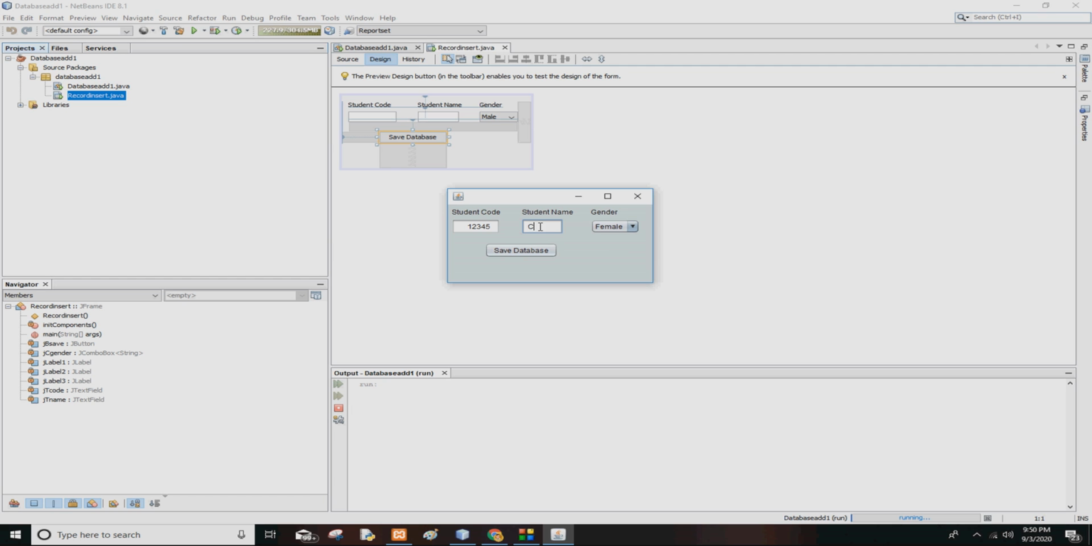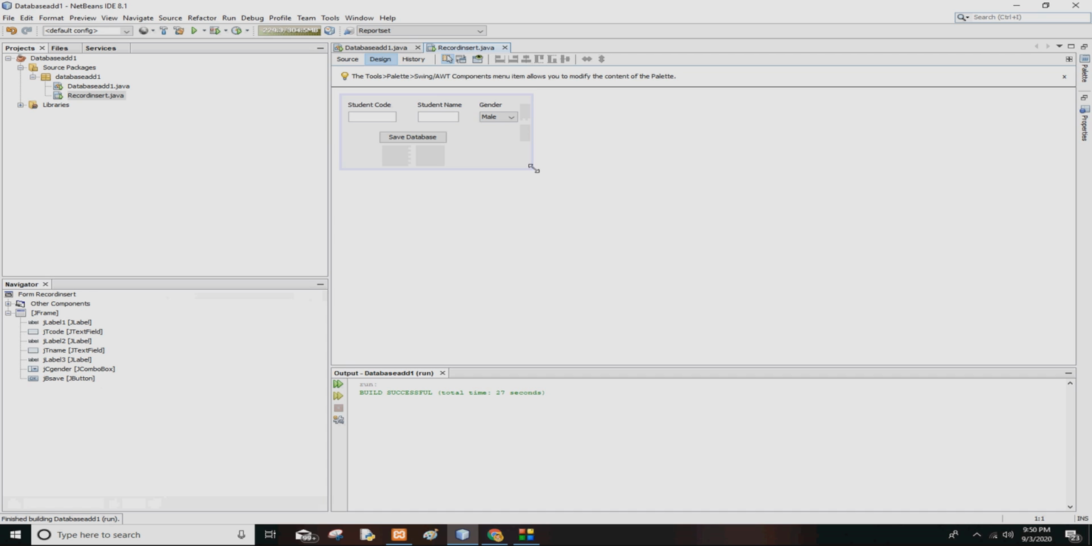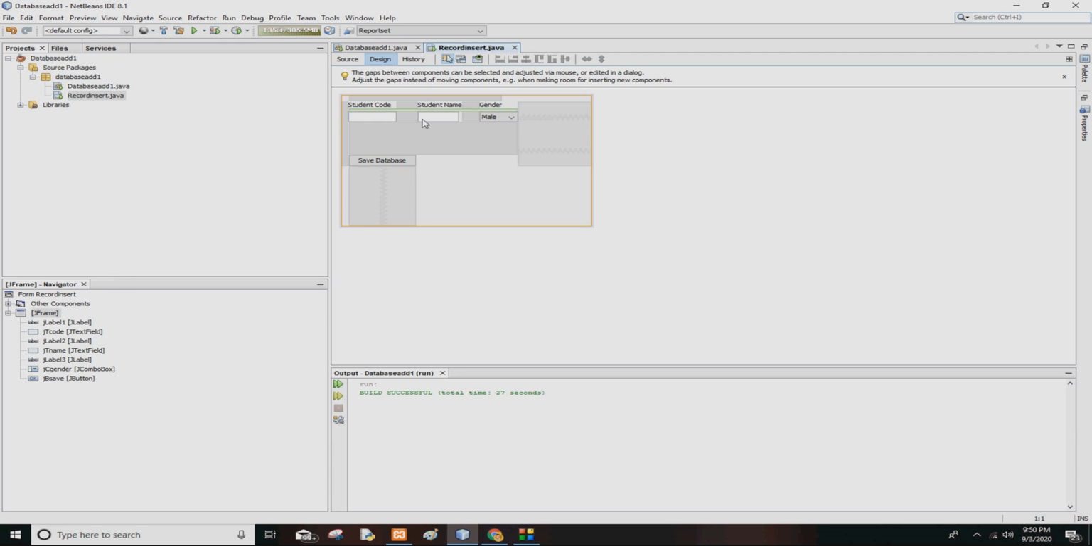Student name I can give, computer teacher or like that. So my design part is now complete. You can increase the size of these things as per your requirement. Close it. As it was showing a little bit like this, I am going to increase that. So I am doing just a little bit of size increasing